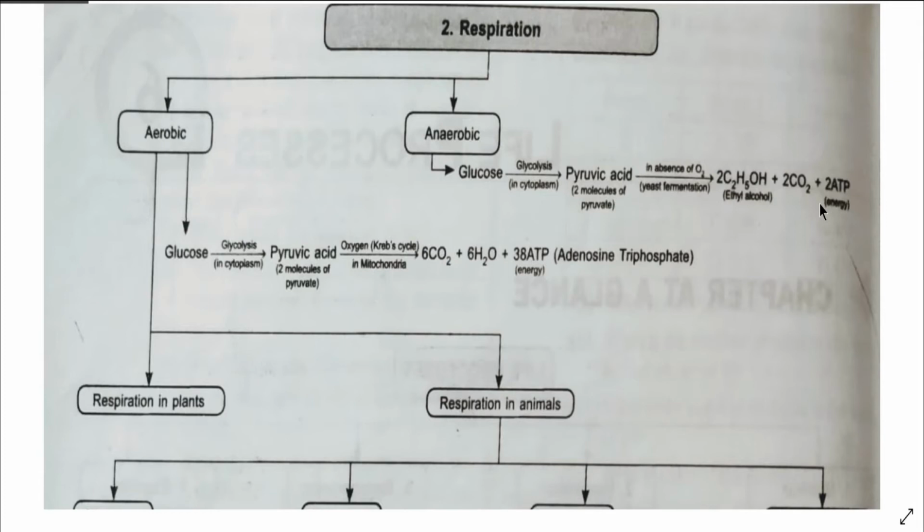Clear? And these ATP molecules are stored energy. We can say that it is the coin of energy. The full form of ATP is adenosine triphosphate. Clear? Now,